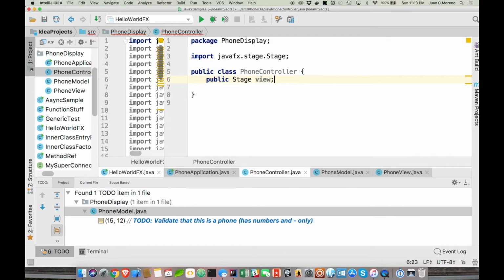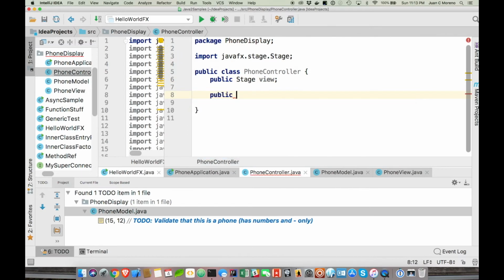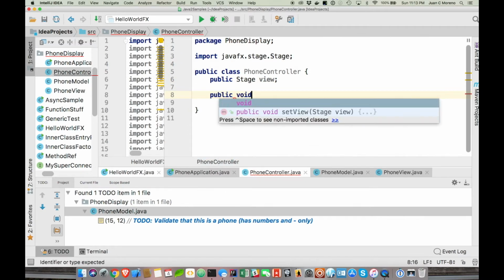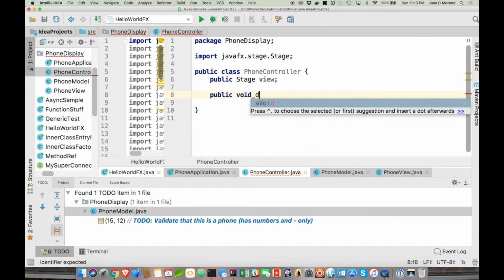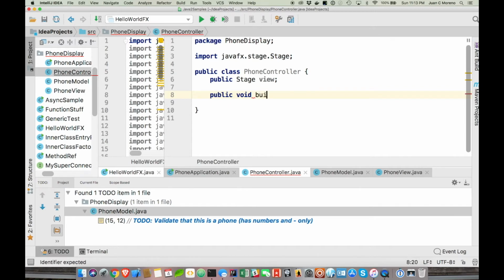View, and then public build view. Then we pass the stage that we got from the application,